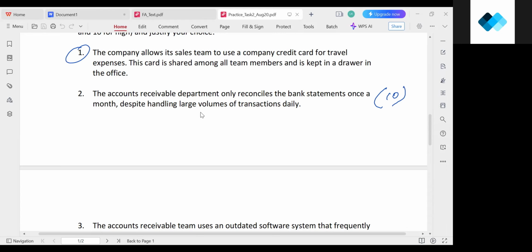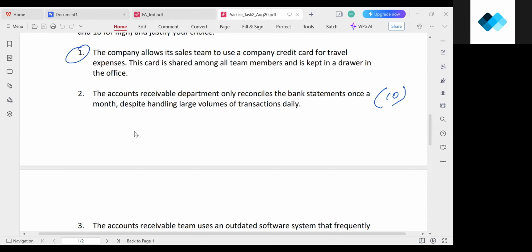Let's have a look at the second scenario. The accounts receivable department only reconciles the bank statement once a month, despite handling large volumes of transactions daily. Okay, so they are handling large volumes of daily transactions and reconciling only after a month. This is very risky